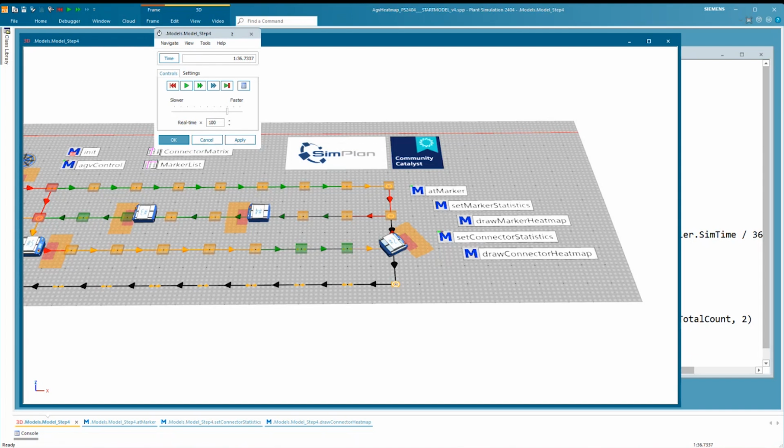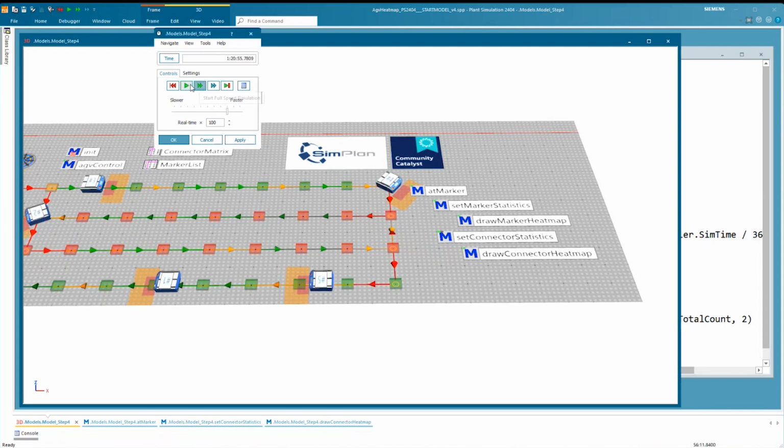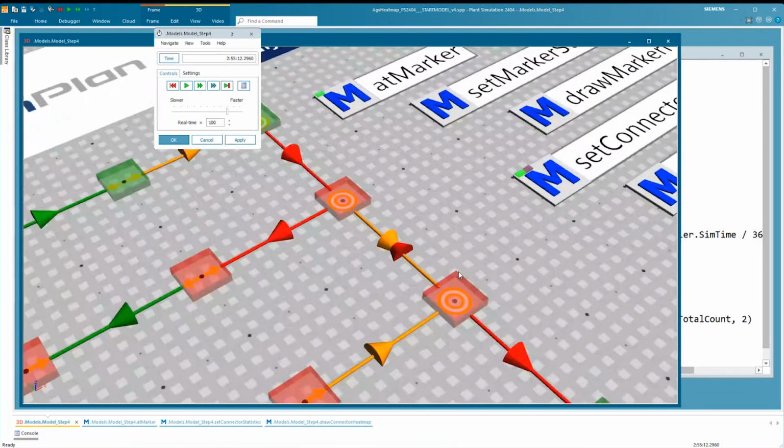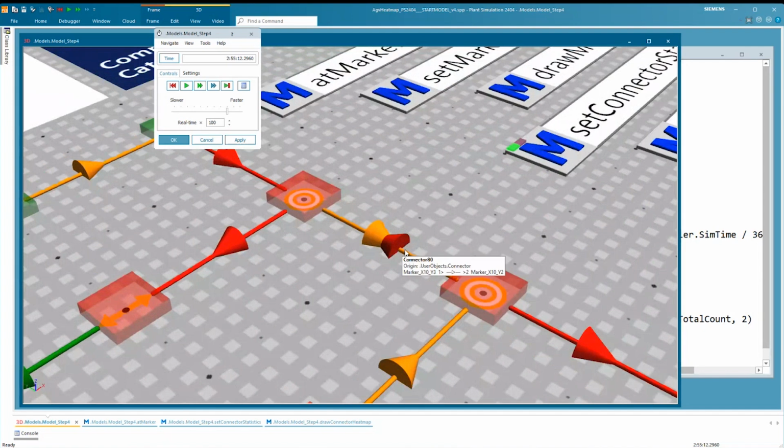Sorry, it was a two-part question. I have connections that connect marker A to B and B to A. This would show overlapping. Yeah, I actually have this as well in this layout. Let me move these away so you can see here, for example, in this place, you have the two overlapping.